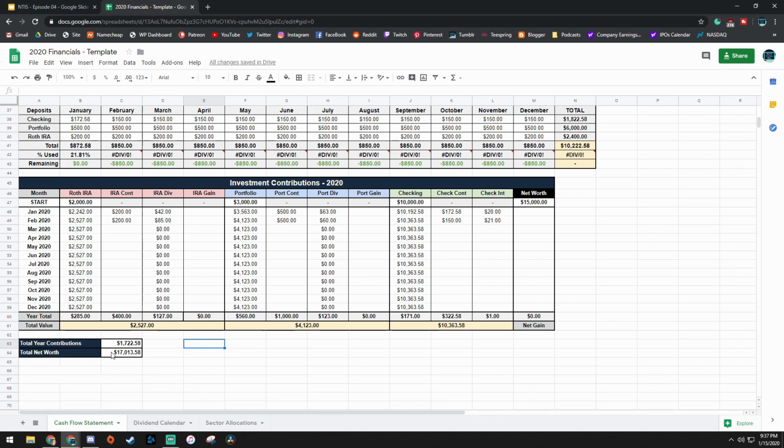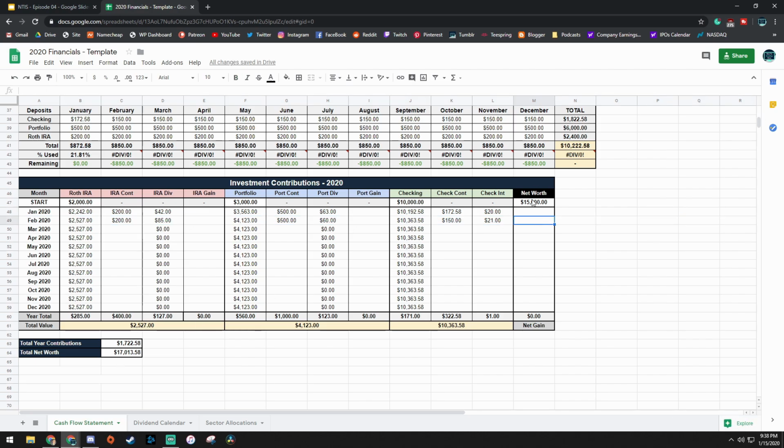that's called total net worth. In this instance, I'm not minusing my liabilities if I have any debts outstanding. Let's just assume I'm debt-free and I own everything that I have. That's going to bring a grand total of $17,013.58. That's important because once you're done with updating for the year, you can go ahead and enter in that